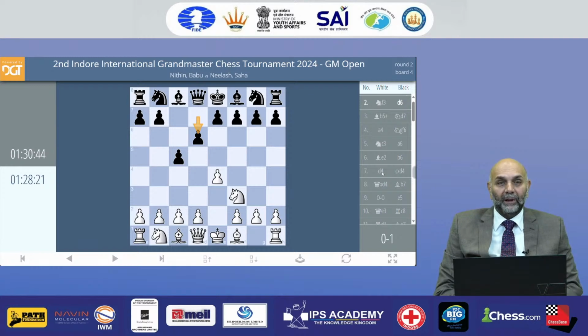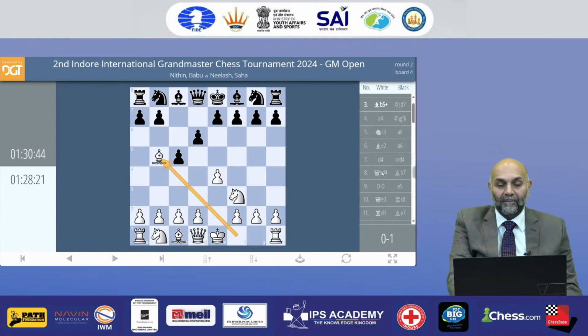So we are going to be here for 9 days, and we're going to see 10 rounds, and things are now heating up. Towards the last part of the tournament, players are going to play for the championship. At the moment they're only trying to win the game. When you move towards the end of the tournament, then you make specific strategies: how I'm going to beat this particular player, how am I going to go for the crown. But at the moment, the idea is to be at the top with the top players. So a very interesting opening.